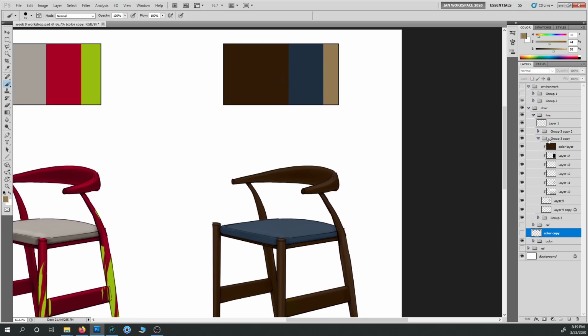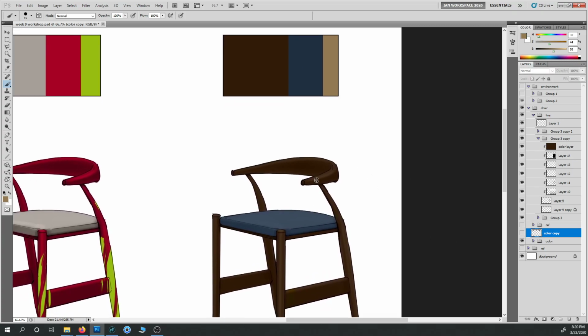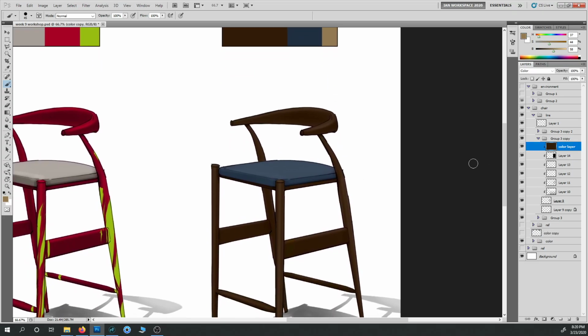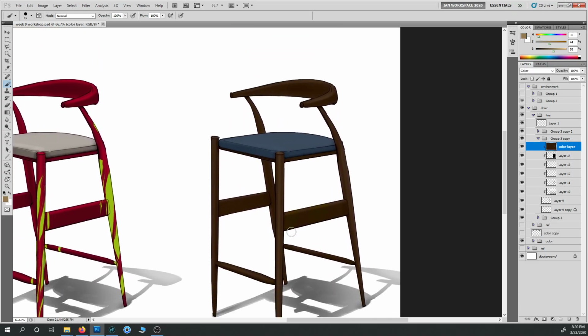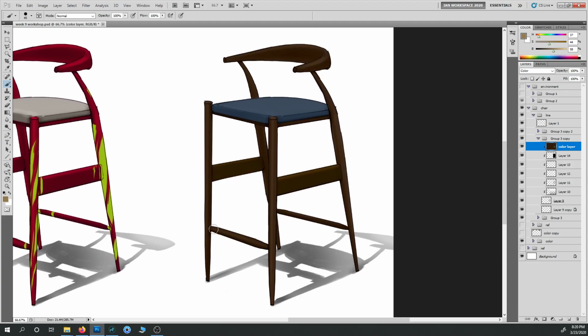These colors are very similar in terms of how much black is in them, I think. Because when I paint over the top of this, I'm not seeing a big difference, but I know that I am painting here. So I'm just going to kind of eyeball this, fill in these spaces,